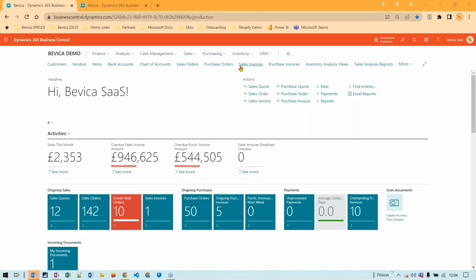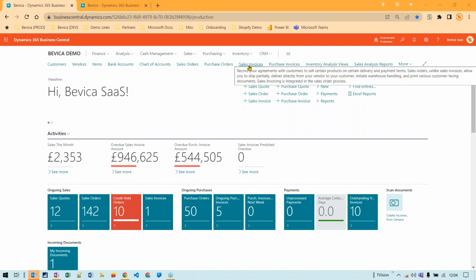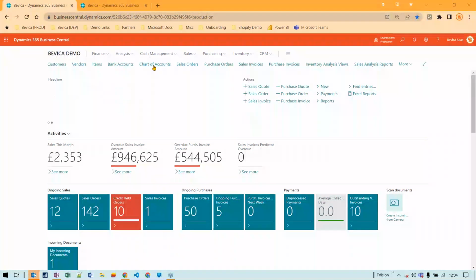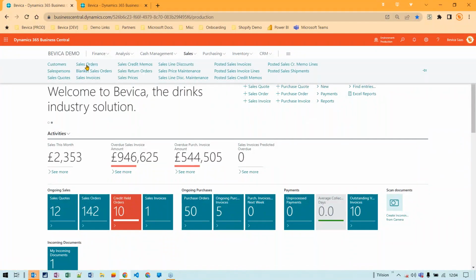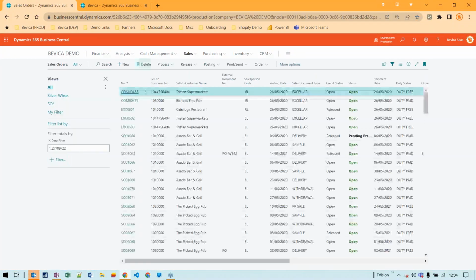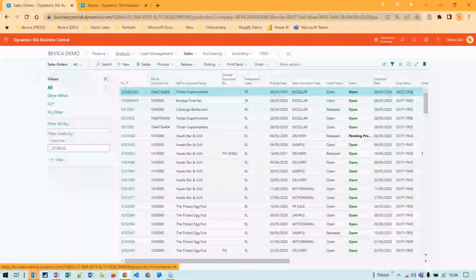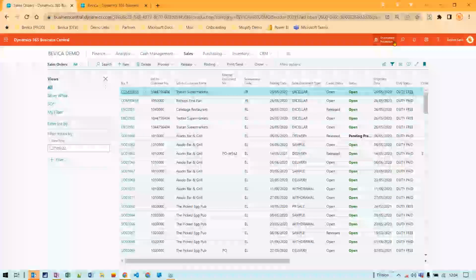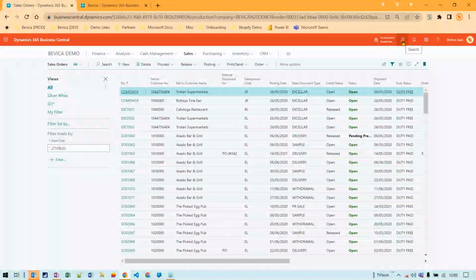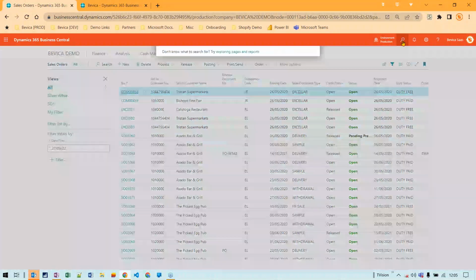Yes. Okay, so the first thing we wanted to show you was that Microsoft have done a bit of work on changing the way that the ribbons work on the software. So they've tried to tidy it up. So this is the older version where, for example, on posting and release, you click into it and then you click release. If you want to get access to what they're calling the modern action bar,